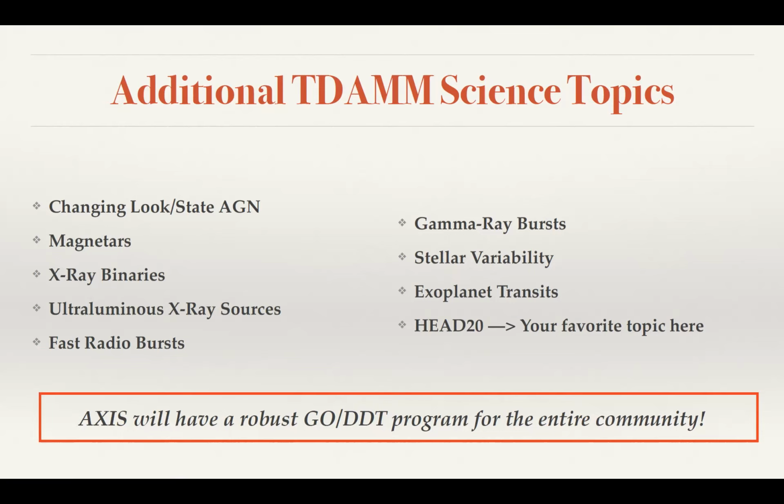Nice talk. I'm curious how you get on the order of 100 per year on shock breakouts in your star observations. Is it volume limited, up to 20 megaparsecs or something? Inside the deep field for AXIS, you could expect maybe 1 to 5 in a few years. So I'm curious how you come up with that. It's not purely from serendipitous observations. It will be from follow-ups of events that are being discovered in optical and other surveys. And so the idea is we get there early with our sensitivity, and we can do it. Thanks.